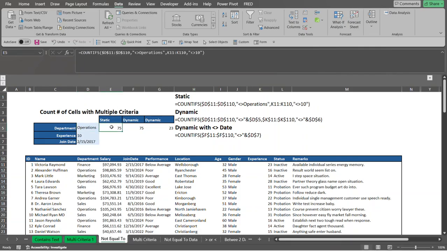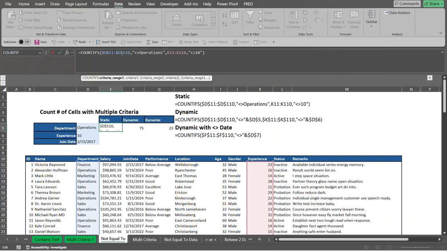So let's first build a Countifs function using the static portion. Up here in the formula bar, what do I mean by static? It means that I'm hard coding a criteria for it. So for the first argument of Countifs, what I want to do is get a list of departments. So I select the entire range in my data set where all the departments reside. And then the second argument of the Countifs function in this case is,